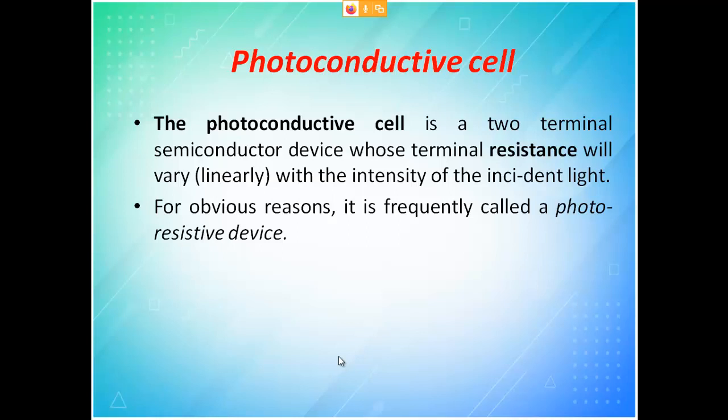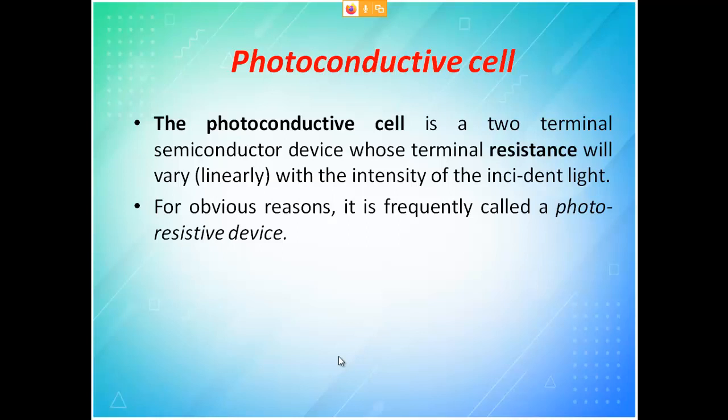You have a p, you have n, these two brought together, and now you know that they are reverse biased. You will have a barrier setup, and there is no current flow across the device, which means electron from n to p is not possible in case of reverse bias. At that time you will have very high resistance. Resistance will be very high. Now what we do, we supply energy from external, which means from a light source or from solar.